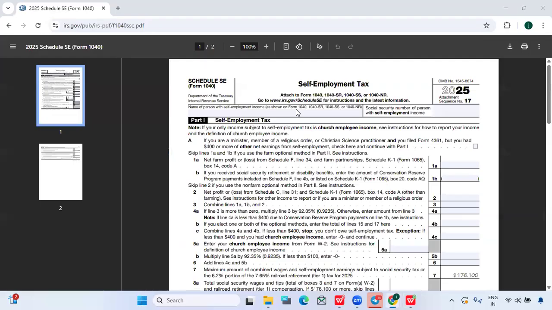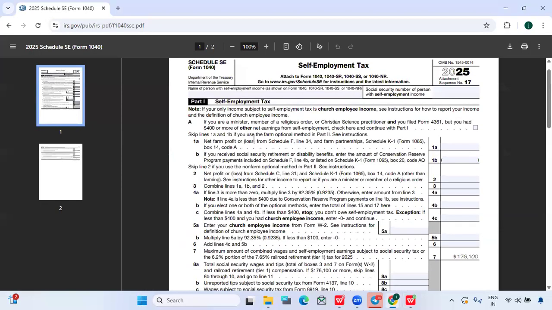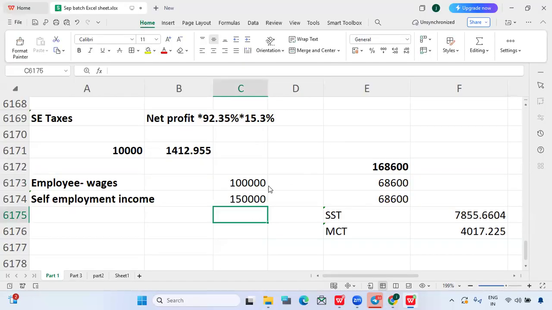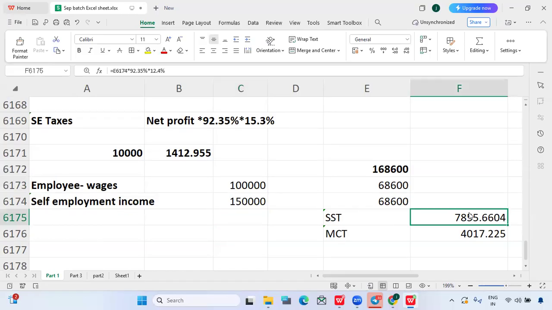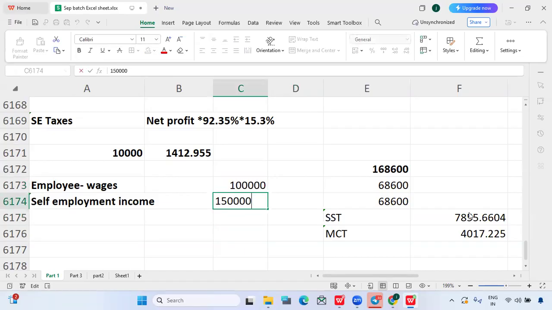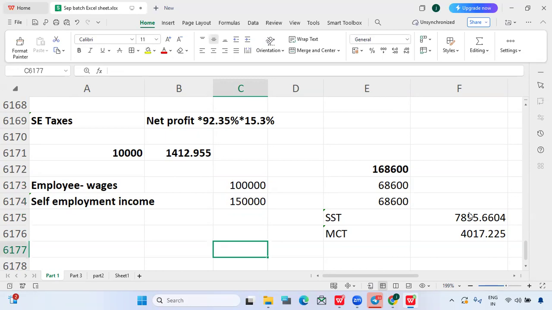So shouldn't it be 168 minus this 2,50,000? That is the extra income. Yes, that is why we have calculated here. So you are saying 100 plus 150, which is 250, minus 168,600, right? Yeah. So on the excess amount we need not pay, right? Why calculate in that way? So what we can do, keep 168,600 here, and